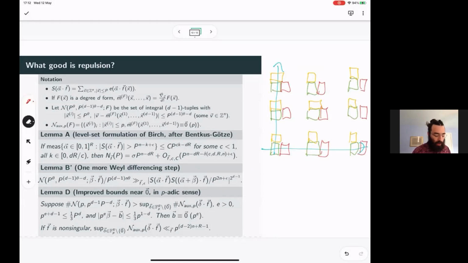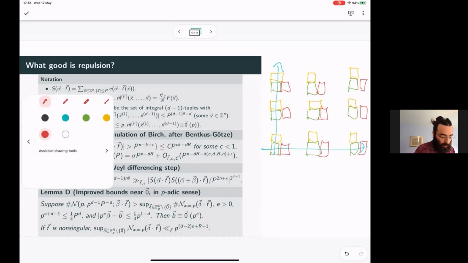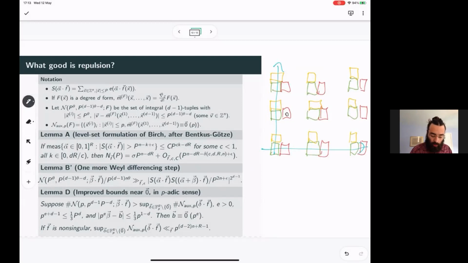So each color indicates one set, one translate of this neighborhood of the origin. And if we consider 2 points which are in the same one of these sets, so perhaps a point here and a point here, their displacement, the difference between these